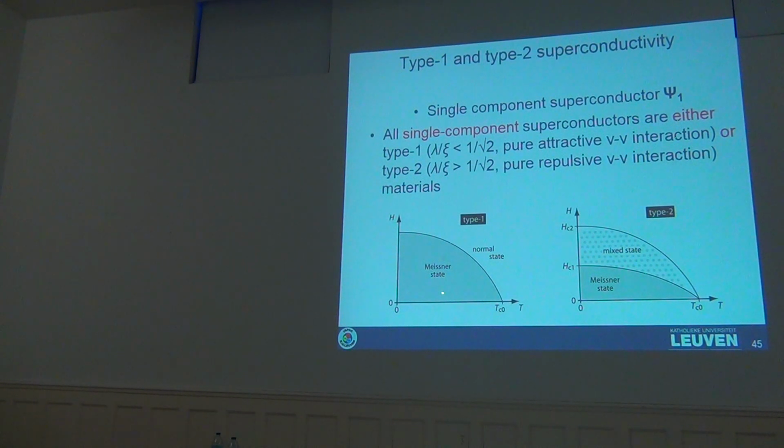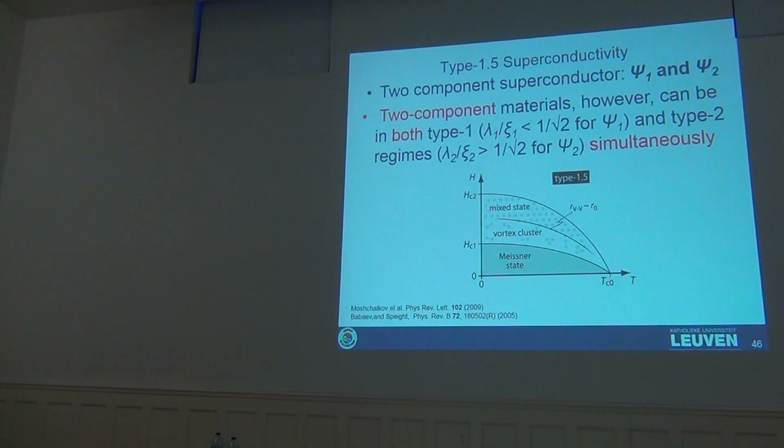So in type 1 you have Meissner state and you have normal state separated by this line. In type 2 you have here mixed state separating Meissner from normal. So this you know pretty well. And as predicted by Babaev and Speight in 2005, and we made experiments in 2009, then if you have a